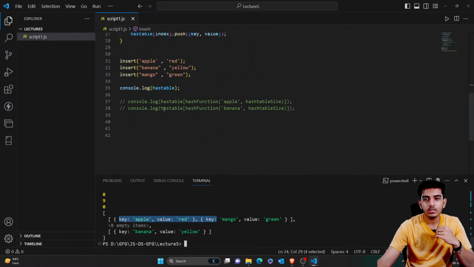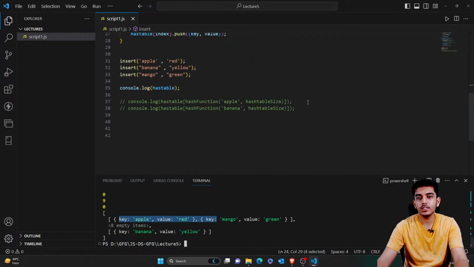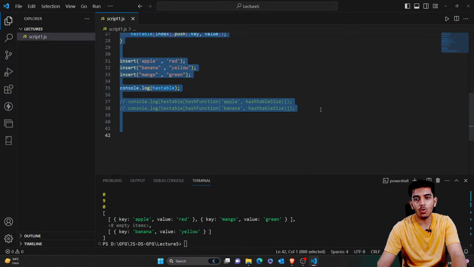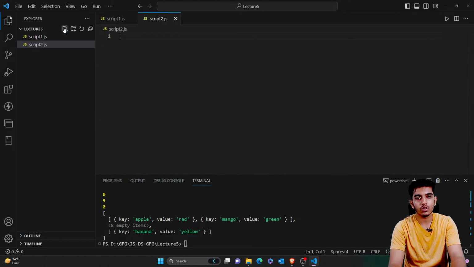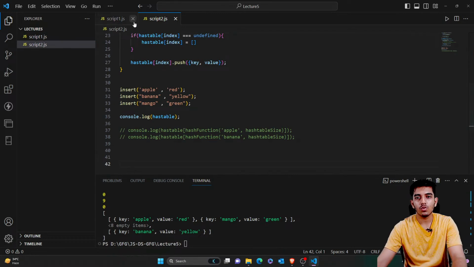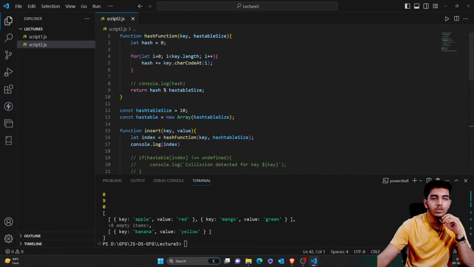So what I'll do is I'll just copy this whole code. Okay, so we'll create another file, script2.js, and paste it. Now we'll be working on this so that the earlier code is preserved. Okay, so now we'll be working on open addressing. So what open addressing actually does is,